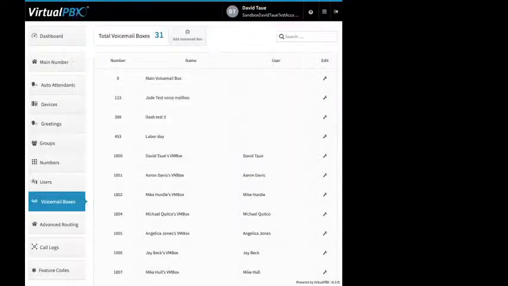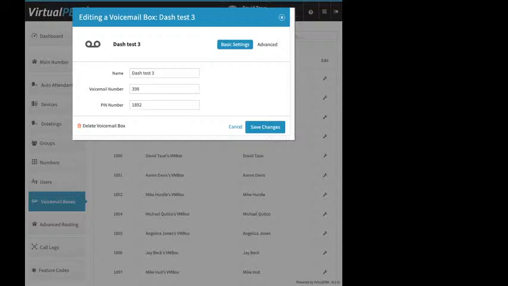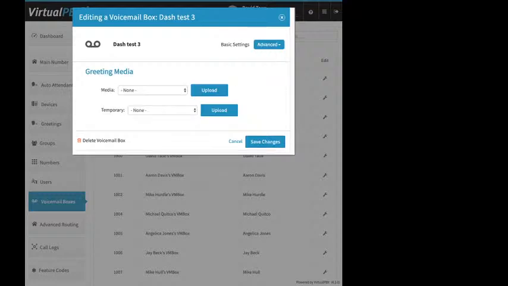New Voicemail Box. Once it's created, you can click on the little wrench icon, and actually you can do this on any voicemail box, right? So you can always get the voicemail box number and the PIN number for any voicemail box. If you go to Advanced, Reading Media, here you can upload a media file, in this case to a manually created voicemail box. You also have the option for a temporary file. This is for that